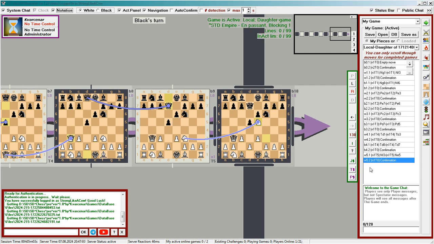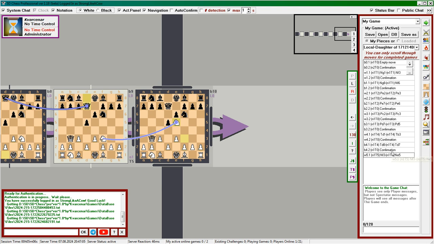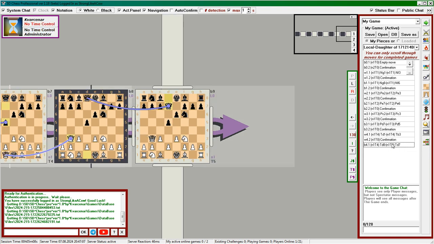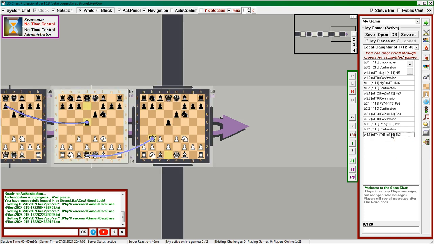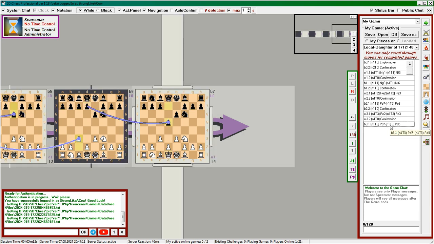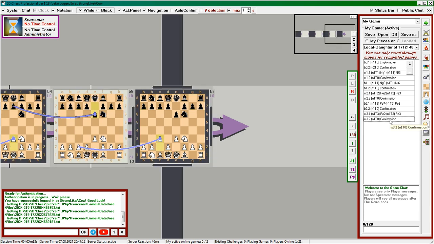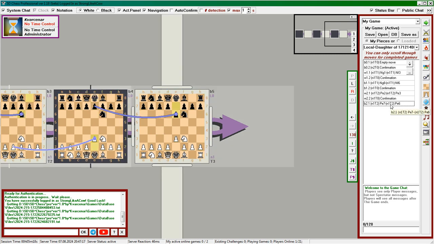Moving through the list of moves in a daughter game is also possible. However, along with the boards on the game battlefield, the game text will also be cut off. Therefore, by selecting a row with a move we can roll the game back, but we cannot restore already cancelled moves. To restore cancelled moves there are two buttons in the upper right corner of the game move list.